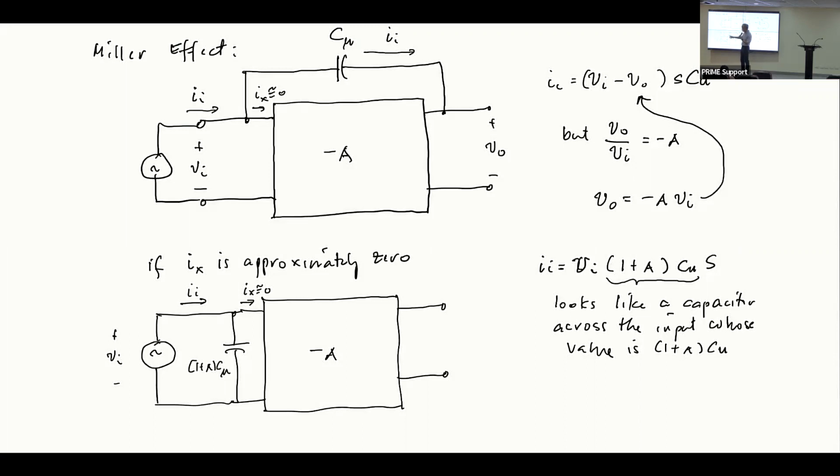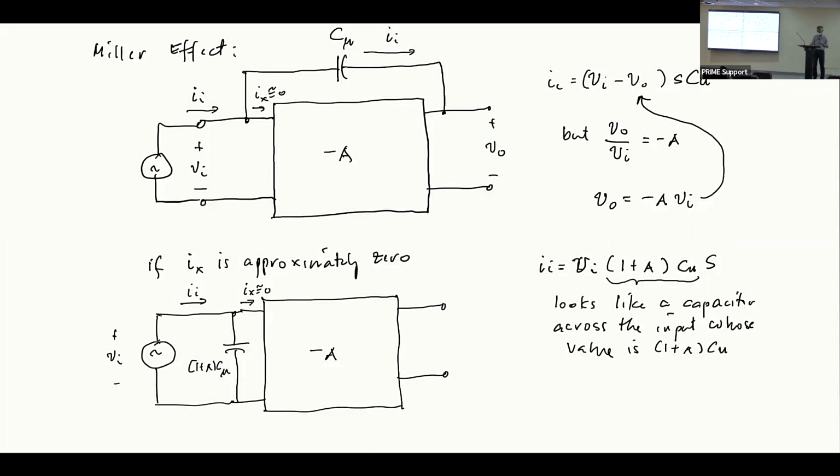Because even if this is very small with respect to the input, it is multiplied by 1 plus A. So if A is large, the effect of that capacitor suddenly becomes large. And that is what you call the Miller effect. The Miller effect is how a feedback capacitance ends up being seen at the input as multiplied by the gain. That's the effect of the